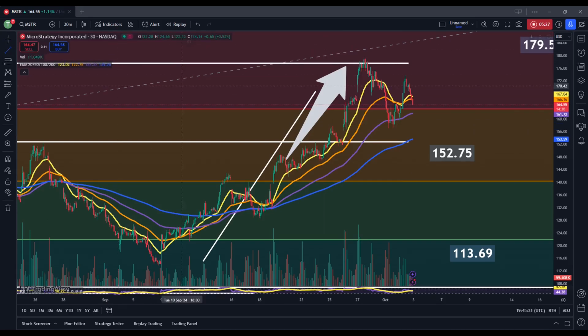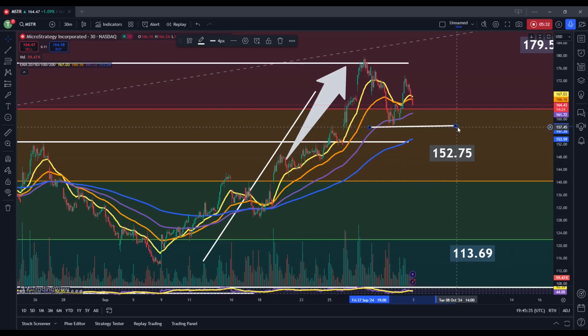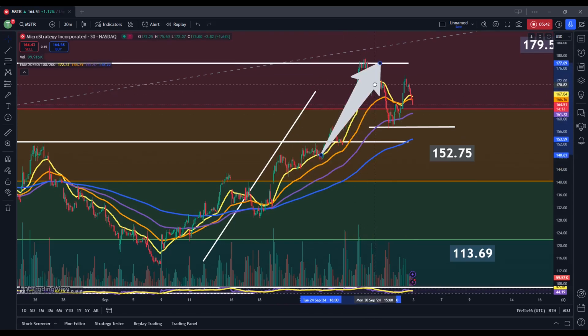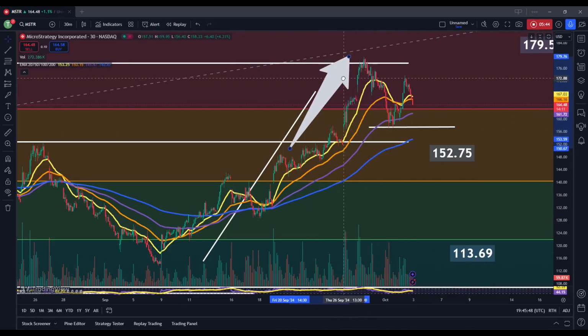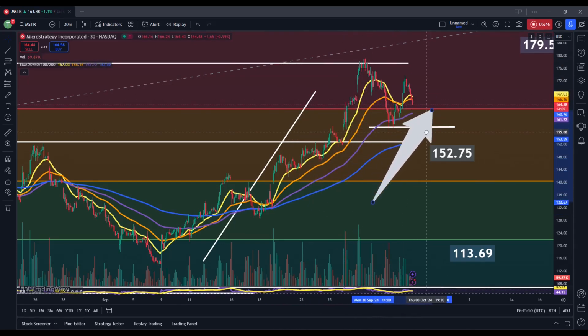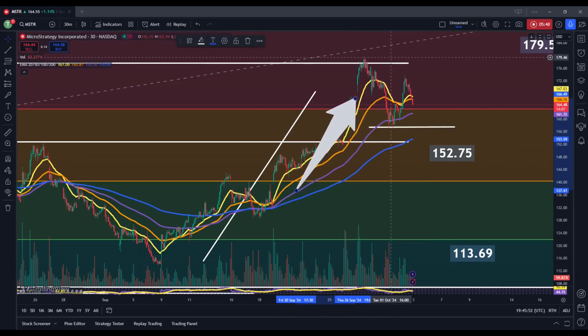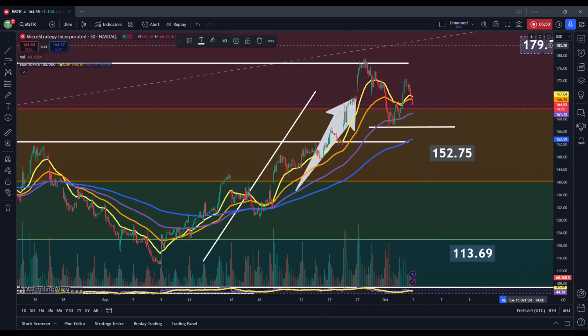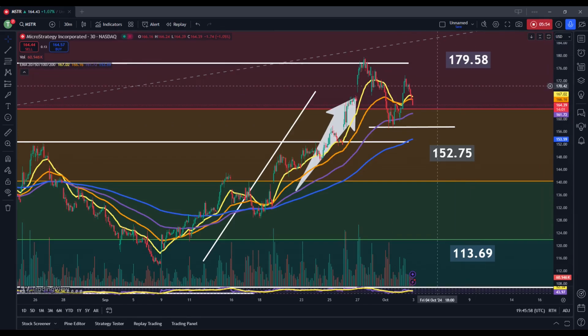If we did see a break below there, then I would expect pressure to the top side to start to abate and slow down. We would probably at the very least be looking at a bit of a sideways consolidation pattern at that point. But we would really need to see a break of that area first. So overall, what we can see that has started to develop here is really a bit of a range at these upper levels, where share prices are seeing some resistance coming in right around 179.60, just below that 180 mark to the top side,